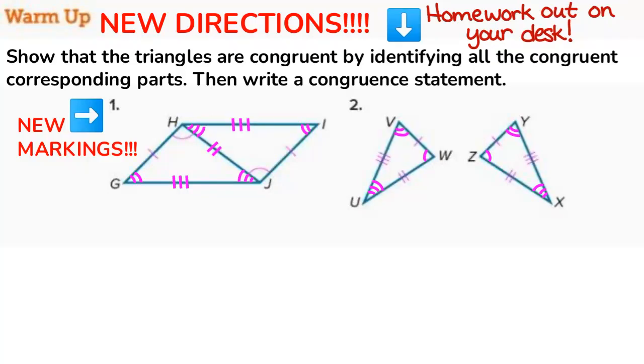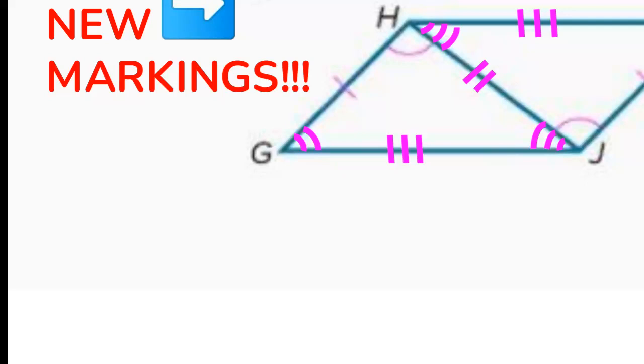So on these two problems, we need to do exactly like the two that were at the top on your homework. We're going to write down all of the congruent corresponding sides, all of the congruent corresponding angles, and then we're going to write a triangle congruence statement. So my congruent corresponding sides,